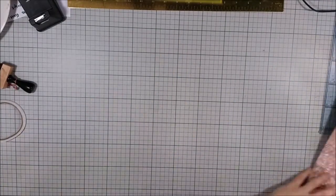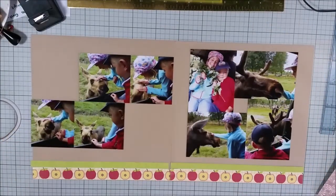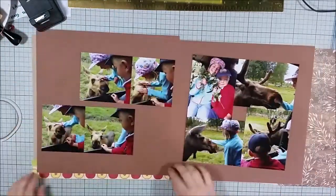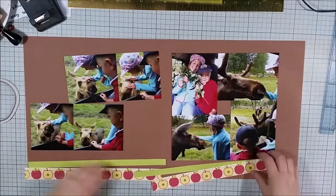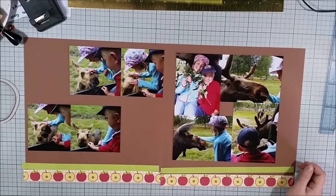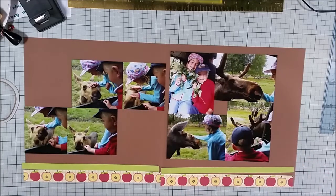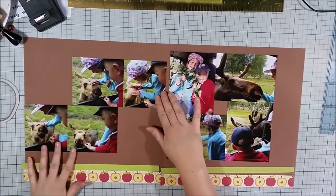Yeah, now it's time to start working on these 2 main pages of the kids. And I have one photo block that I already taped together. I like to put photos like that because you get the 4 photos together pretty well when you have one landscape, one portrait, and then you change that up on the lower row, and you only will be left with a little bit of a square in the middle, which you can use for embellishing, which I will do. The other 4 photos, I cropped them so that they became a little bit more narrow,